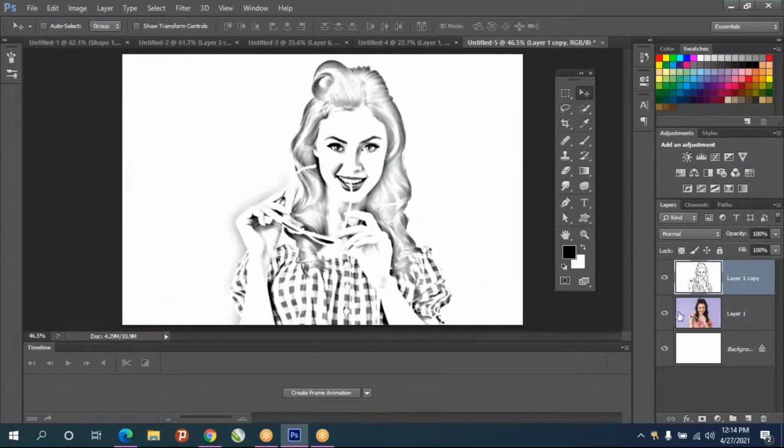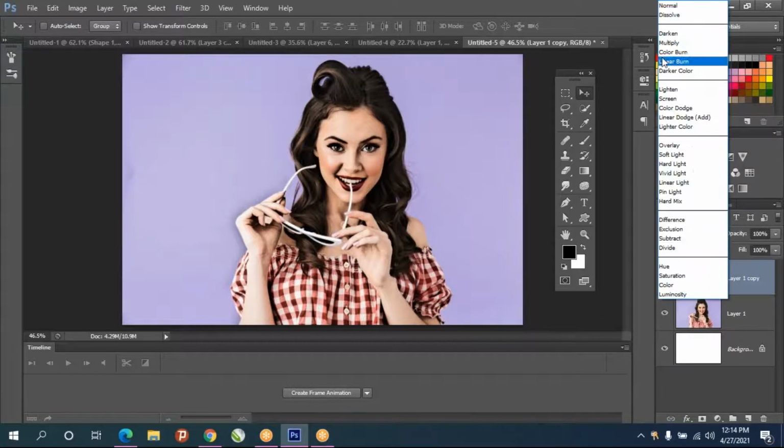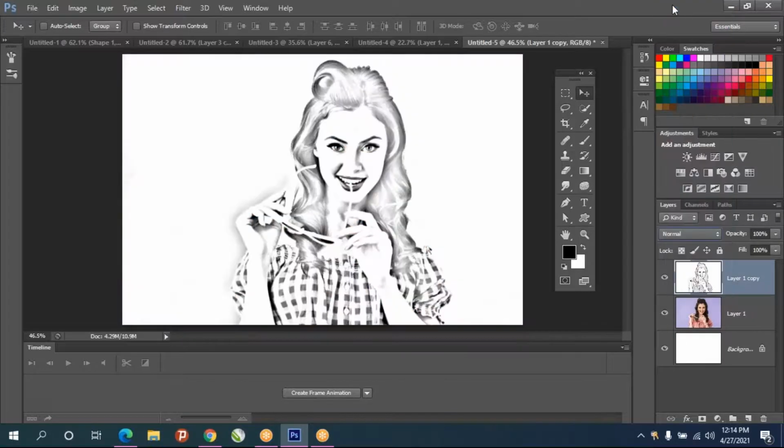And give OK. And you can do multiply also, so the photo detail will get increased. The edge details will be increased automatically when it is using sketch effect. Or if you don't want, make the blend mode normal.